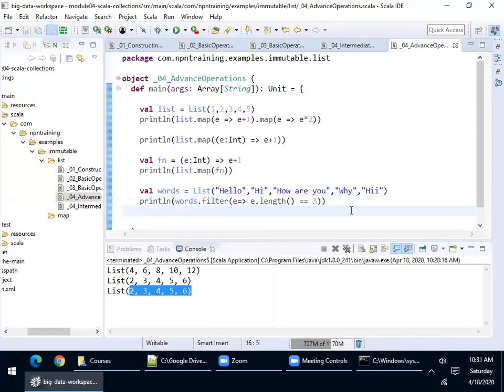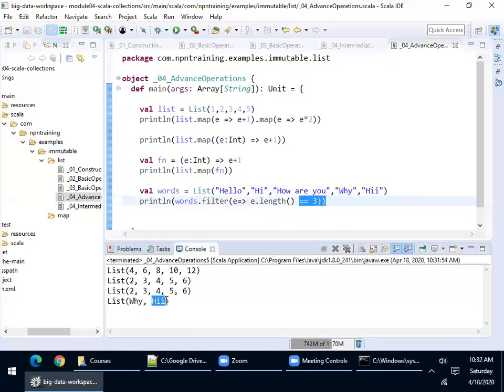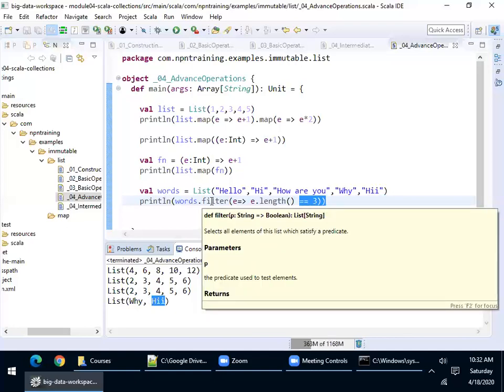Now, if I execute this piece of code, can you see this? Only if the length of each word is 3, then only it is considered. Let's say I'm considering y and hi, because all are 3 characters. Like this, it has a lot of higher order methods. And Scala, as I told you, Apache Spark uses all these higher order methods of the Scala collection library. All those things we will see again once I explain Spark core.